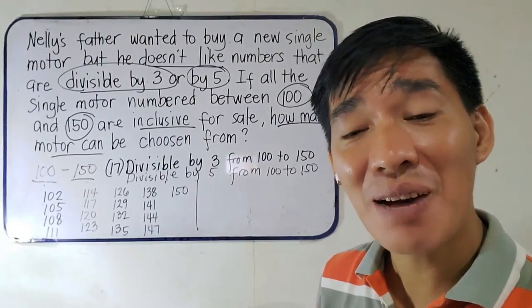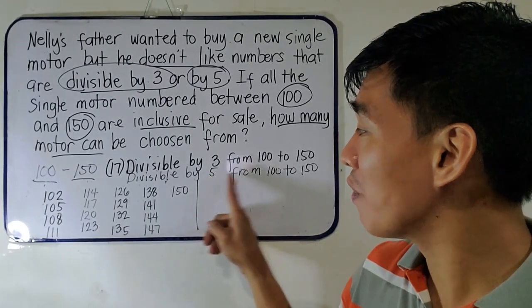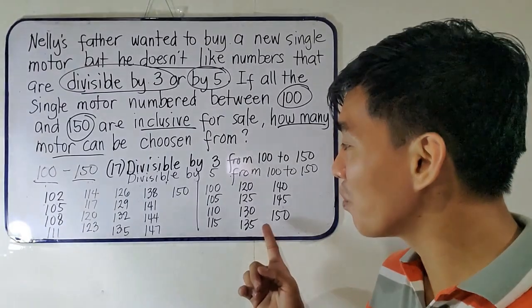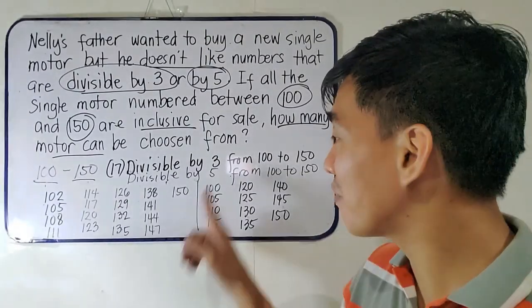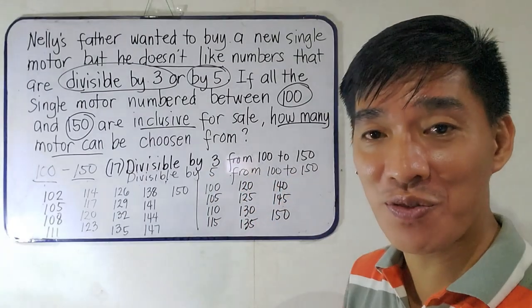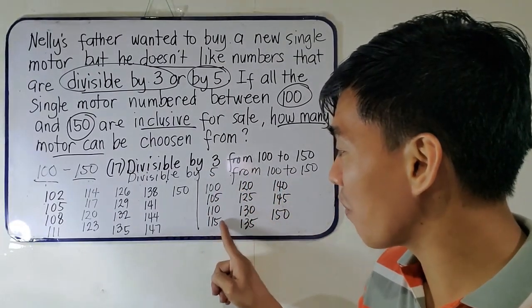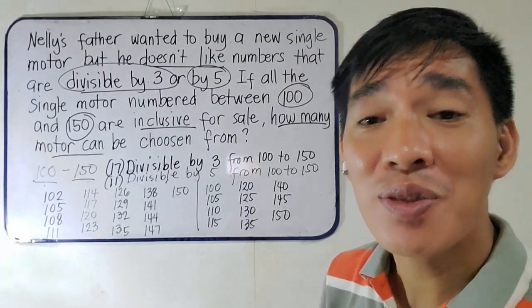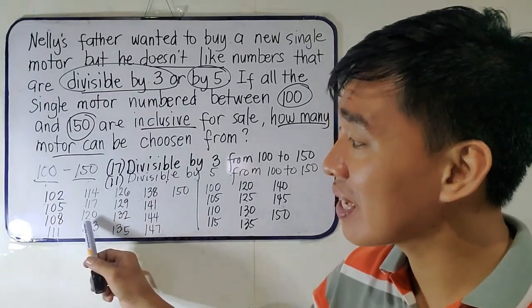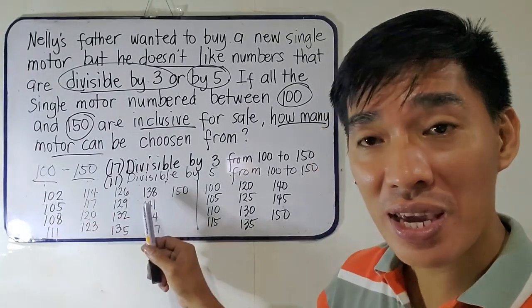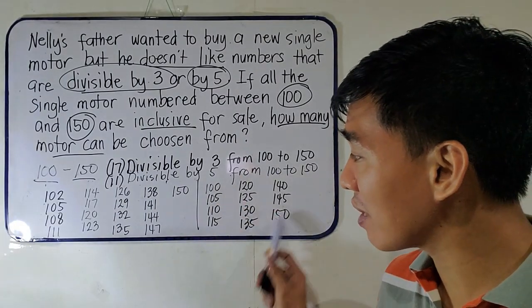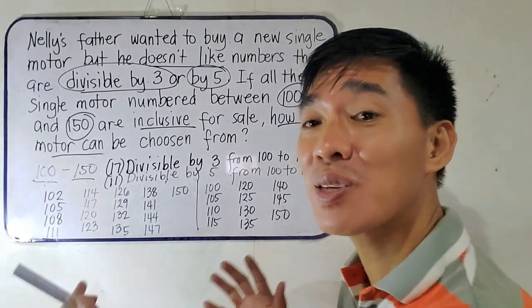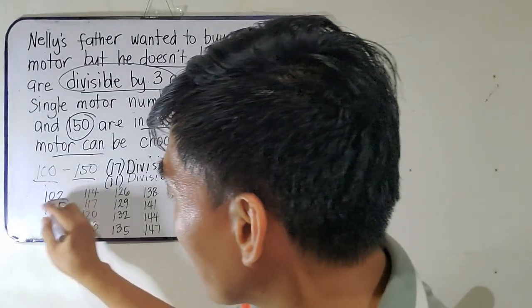Now, what are the numbers divisible by 5 from 100 to 150 inclusive? Here they are: 1, 2, 3, 4, 5, 6, 7, 8, 9, 10, 11 numbers. Now, there are also numbers which appear in the group of 3 and also in the group of 5. What are the numbers common to both groups? 105,